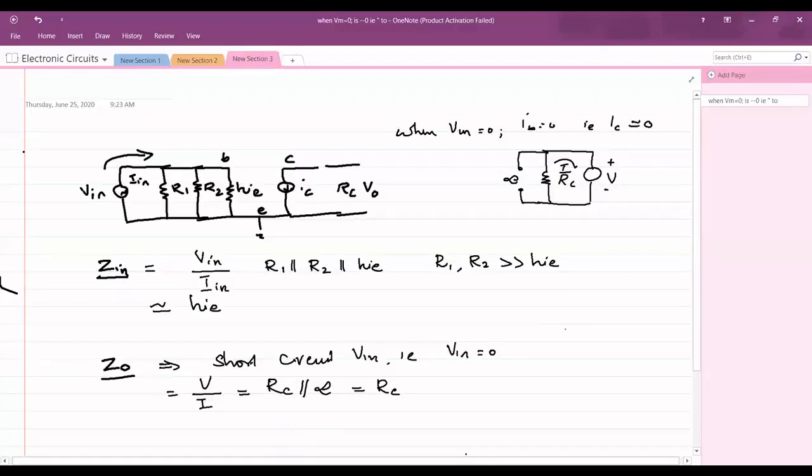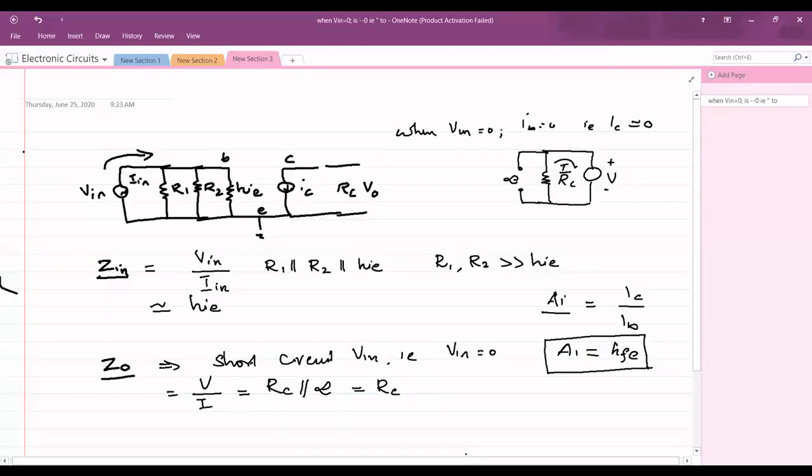Then there is one more term, that is the current gain of our amplifier. The current gain of an amplifier is defined as the output current divided by its input current. For a BJT, because it is a common emitter amplifier, the output current is IC, the collector current, and the input current is the base current. IC by IB, the ratio of output current to input current, turns out to be the current gain HFE. Therefore, the current gain of a single stage RC coupled amplifier is HFE.